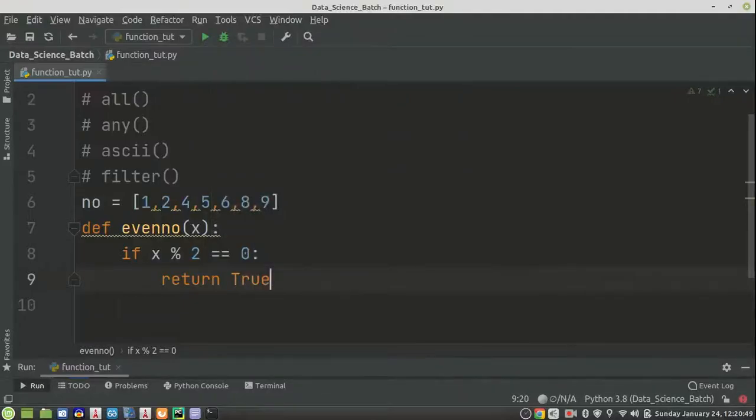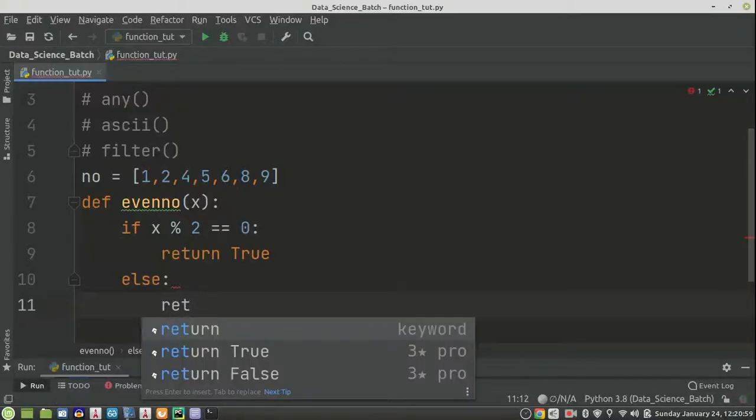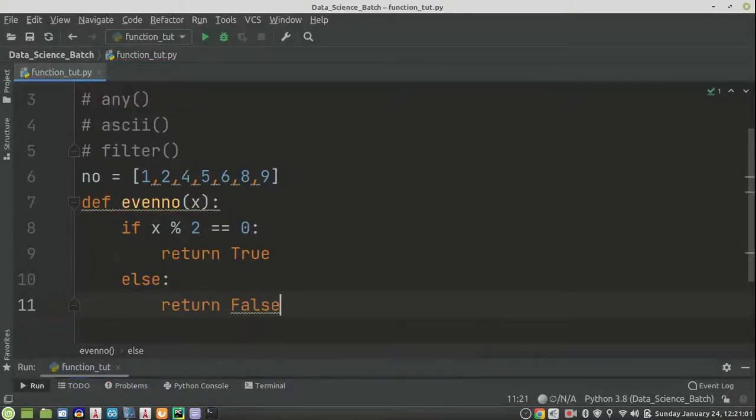So we created one function to find out the even numbers. If the value is divisible by 2 with remainder 0, then it is even, otherwise it is not even.